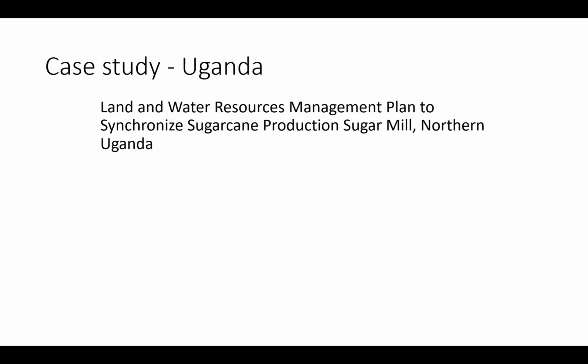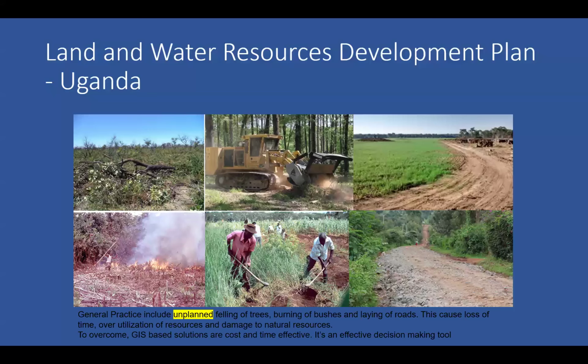This is one more case study, which is for a region where it's for a sugar mill. As you know, a mill will have a reserved area. So this is the one case where we met this client at one of the conferences, and we came to know that they are starting a sugar mill, and they have already started the construction of the sugar mill. This is what they provided. These were the photographs showing that they have started cutting the trees. They are using heavy implements, putting the land under fire. So we told them that these are all unplanned ways. This is not the way it has to be done.